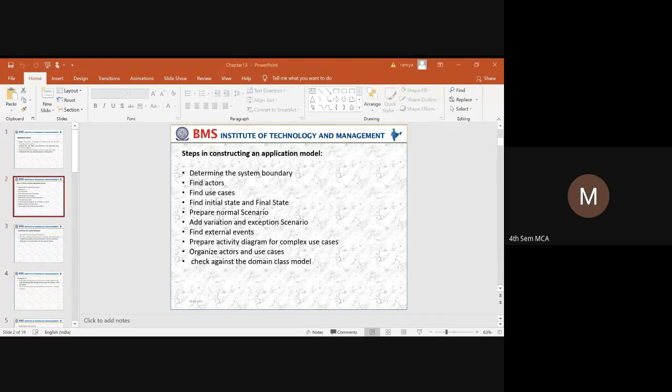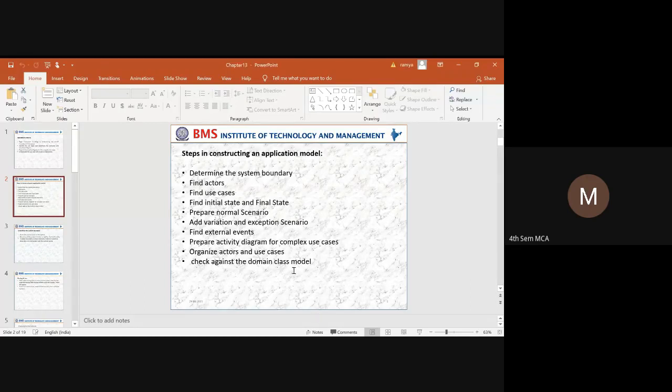That's the reason it is very simple. If you want to present your application, how it is going to work, you just need to represent it with the activity diagram. So any layman, or anyone who is not familiar with an application, can easily understand how the system is going to work.